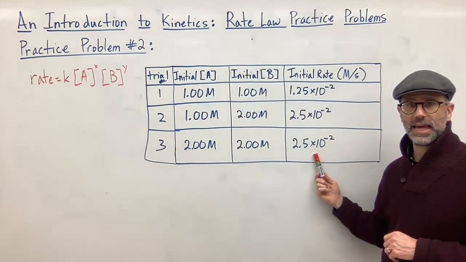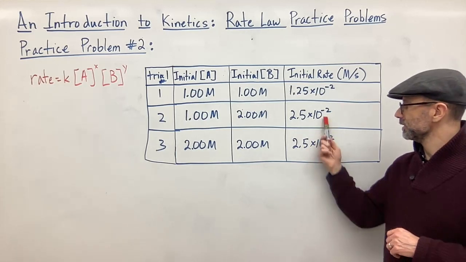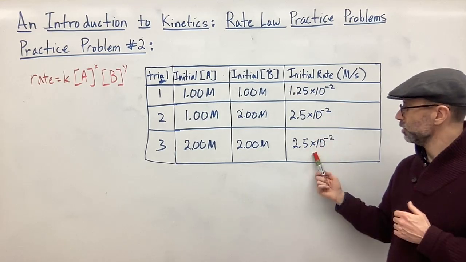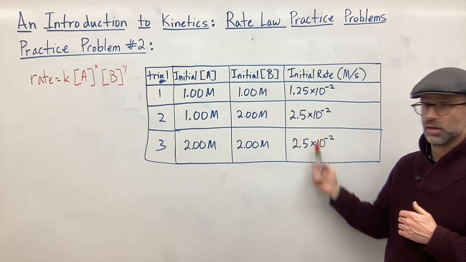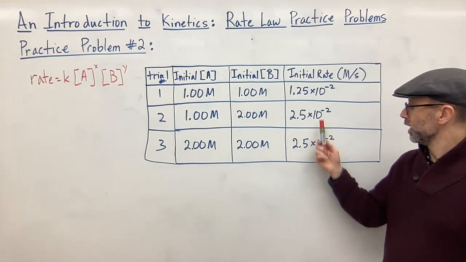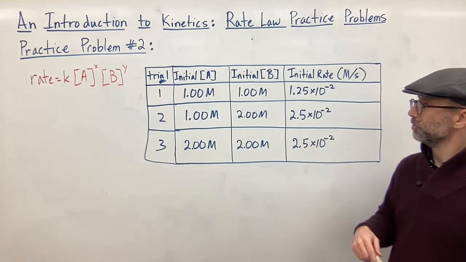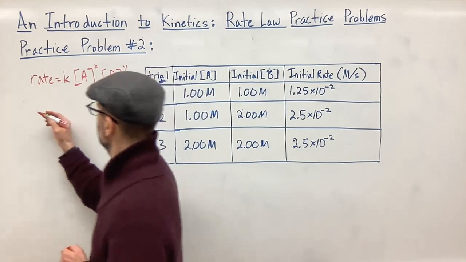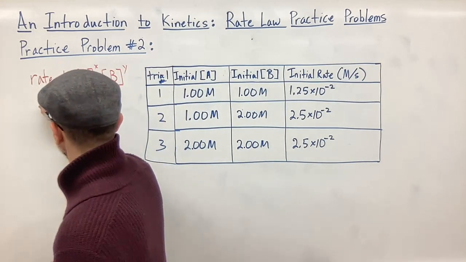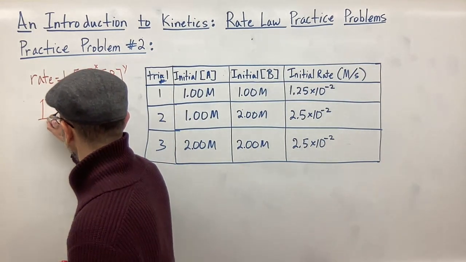The rate stays the same, so it is going to be 1. If we were to divide these two, it would be 1. So it doesn't increase, and we'll replace the rate with a 1 since it stays the same,